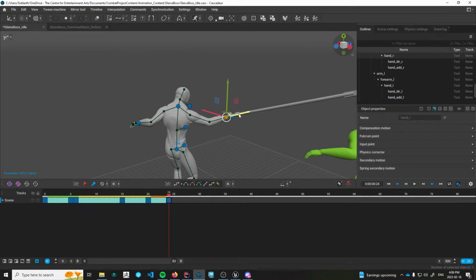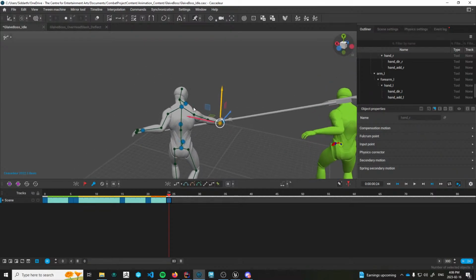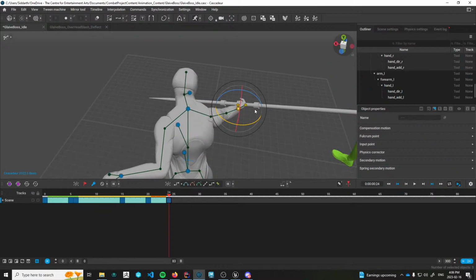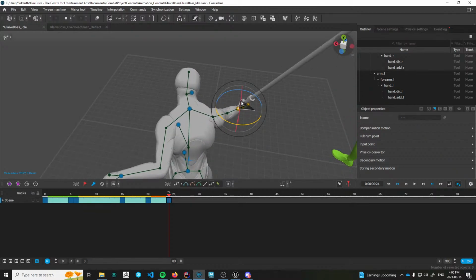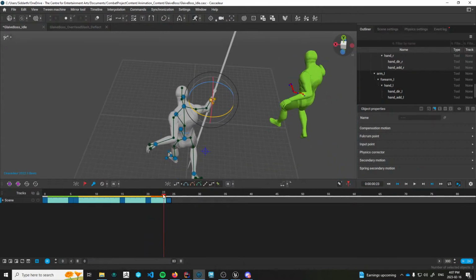Maybe extend it a lot more. Bring it down. I also don't want him to poke himself with his own stick, you know? I want, like you see here, like he's